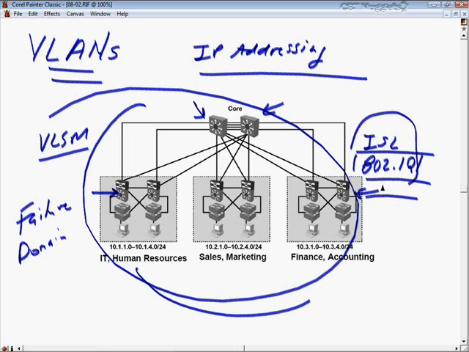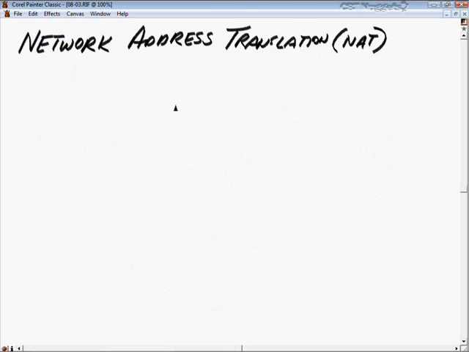So VLANs can come into play in the sense that we can use them as facilitators for our security zones. Now, another protocol or service that's also confused with security is network address translation. Now, NAT provides security really only in the sense that it allows us to hide our internal IP addressing structure from the outside world. In other words, we can use inside of our network one of those private addresses,